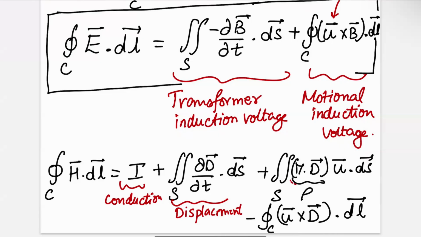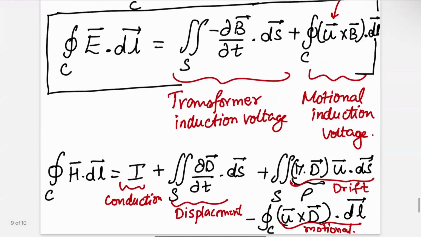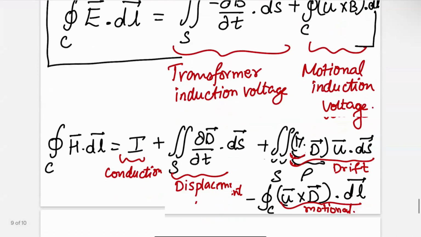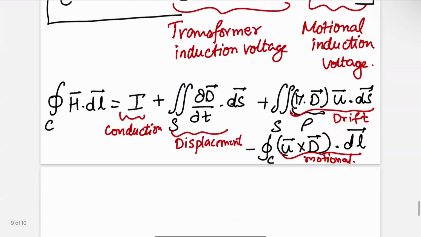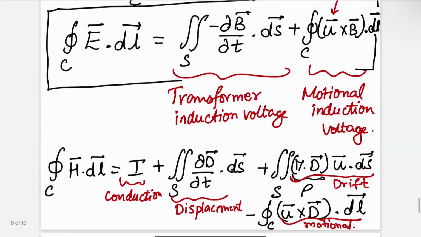This is drift current. And this is motional current. Okay, great. So we've derived from the integral form of Maxwell's equations what would happen if I have a changing